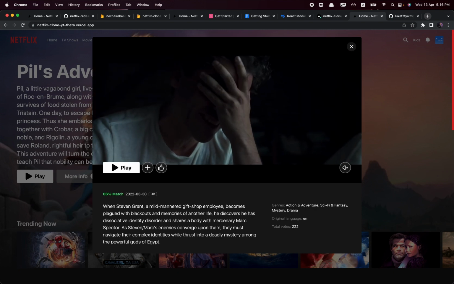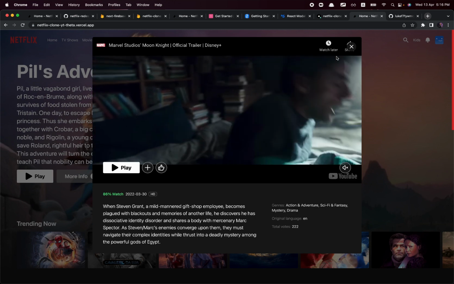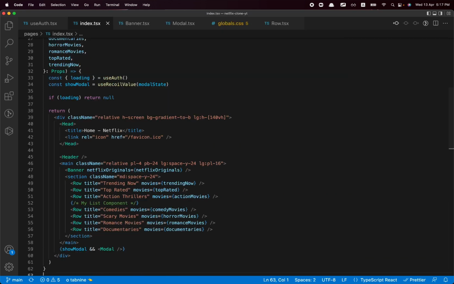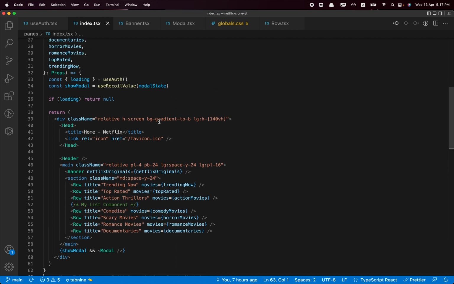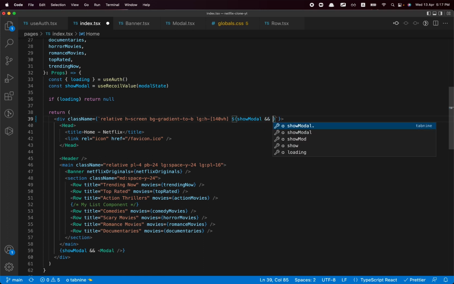All we actually have to do is go back to our home page, and right at this home page, if our modal is true, so we have the show modal, what we can do here is use our template strings. So turn on my backticks here, put my backticks, and what we can do here is we can just say, if our show modal is actually true,